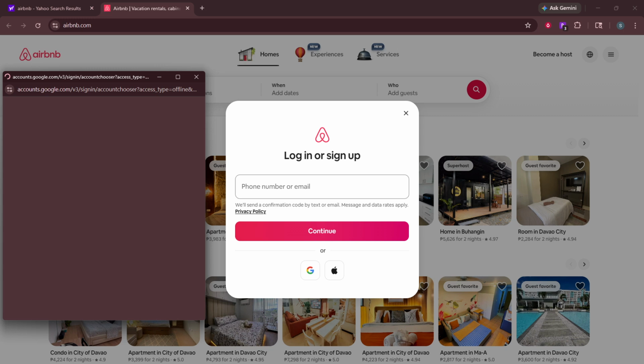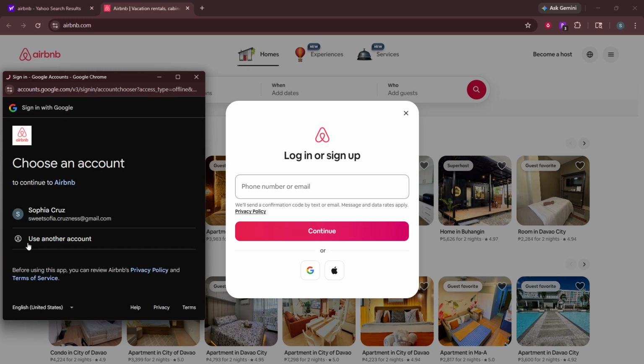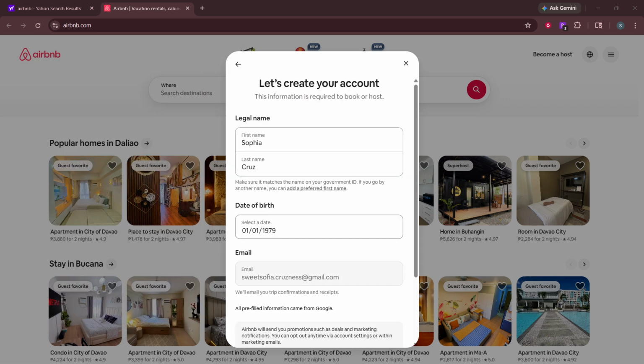Next, choose how you want to sign up. You can register with your phone number, with an email address, or by using a Google or Apple account. Pick the option you're most comfortable keeping up to date with, then tap or click Continue. Using a Google or Apple login can make sign-ins quicker in the future, while email and phone are straightforward and